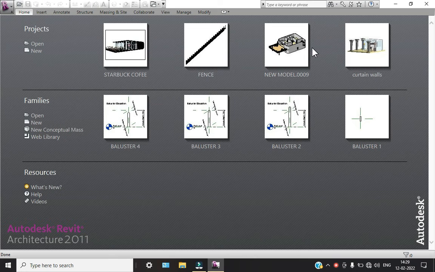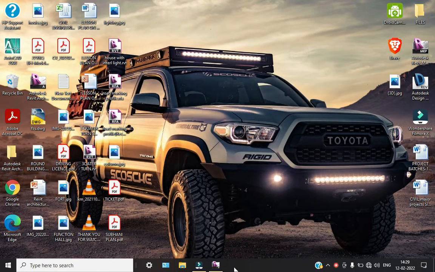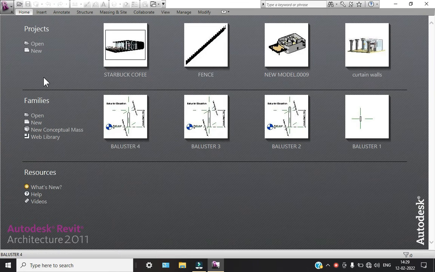Hello guys, today we're going to see a parametric circle window that opens in our Revit software. For that we have to open our Revit software. So we have opened it. For this we have to go to our